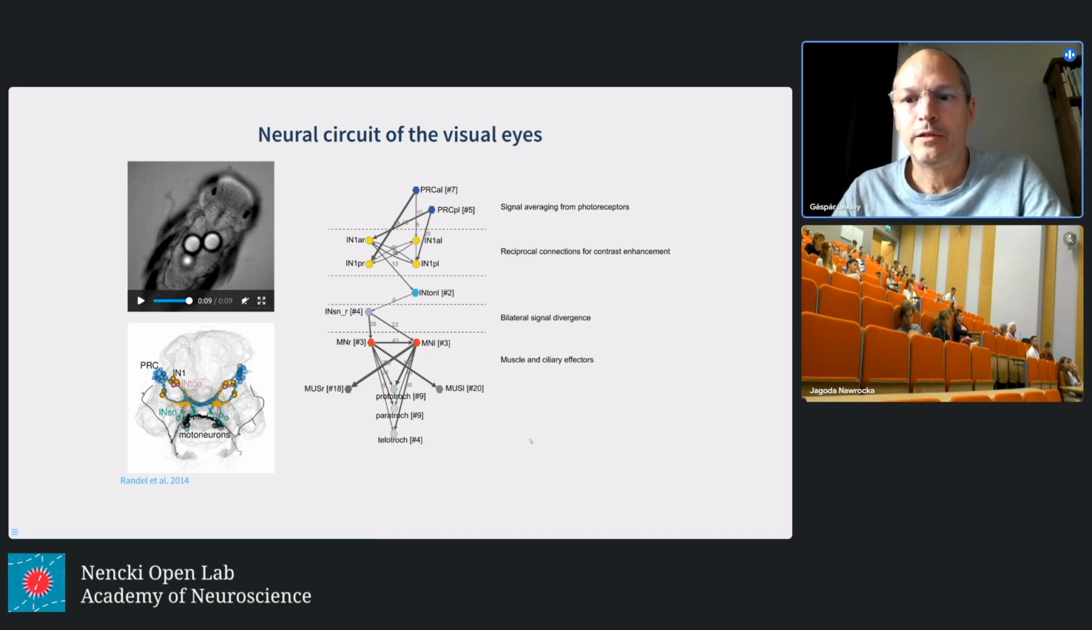So this is a complete visual circuit, and this was the first animal for which we had an entire visual circuit mapped, and we also know very well the function of this circuit. So